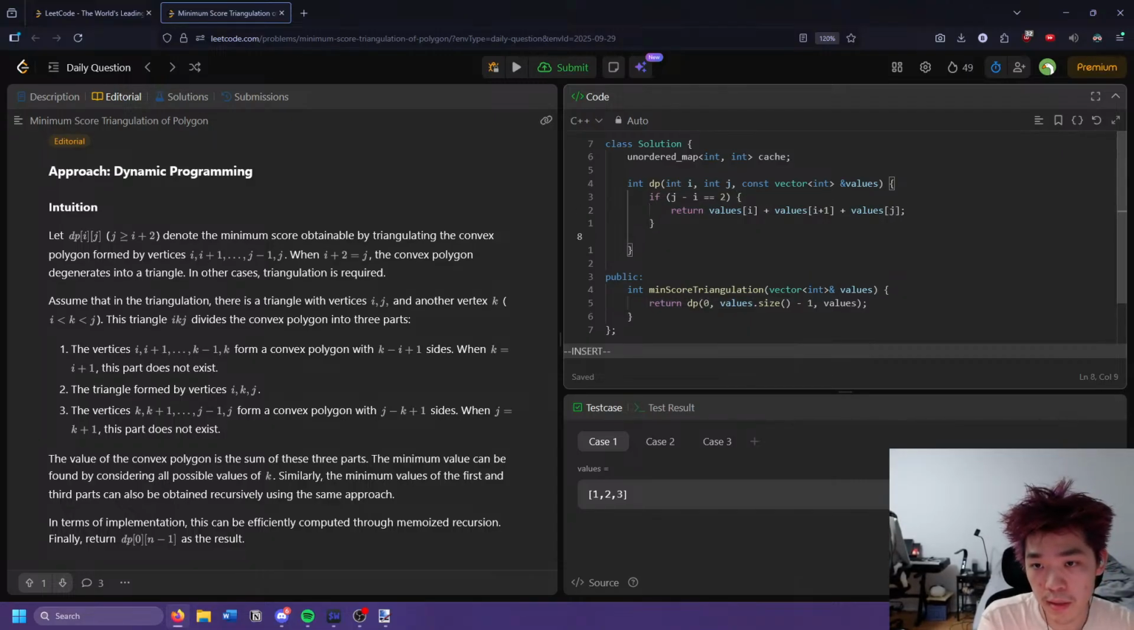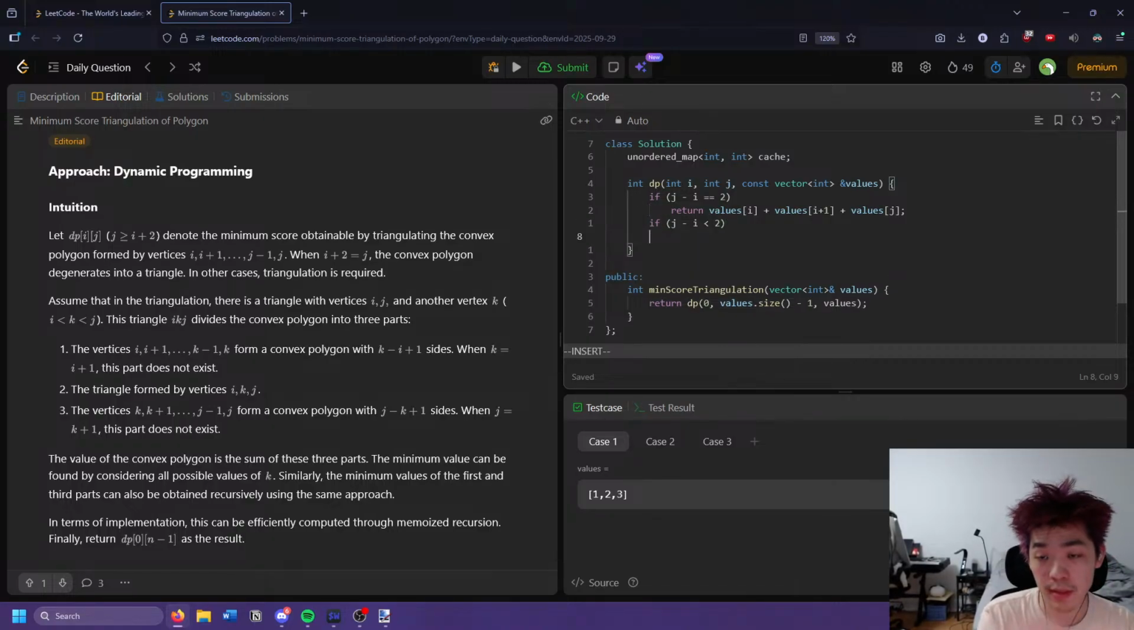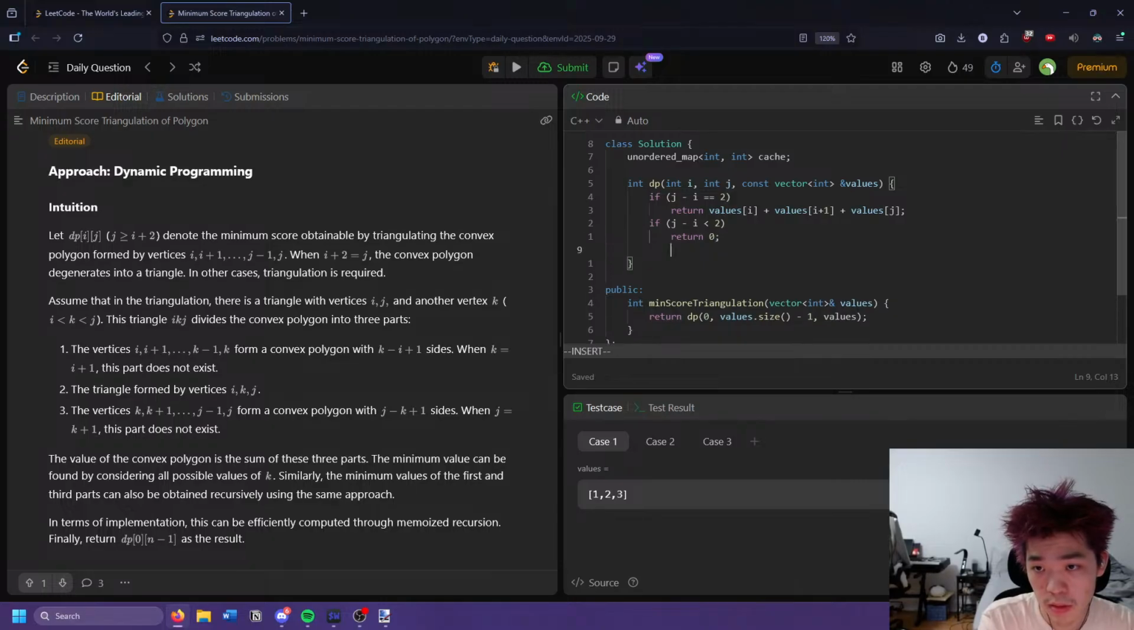Okay, and then if, get rid of some braces. So next, if j minus I is less than 2. In this case, then we have a straight line, or less, so we can just return 0. Yeah, and then otherwise we have the recursive case, so then